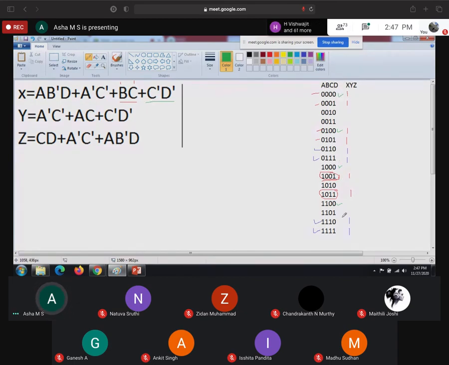For these, I think I marked with green color. You can make a note of that. For these four combinations where C equal to 0, D equal to 0, with the respective values of variables A and B, you have to put 1. This combination is already 1, don't worry. This combination is already 1. For this combination, 1 is not there in the output, so insert 1 here. Again, one more combination here. Put 1 here also.